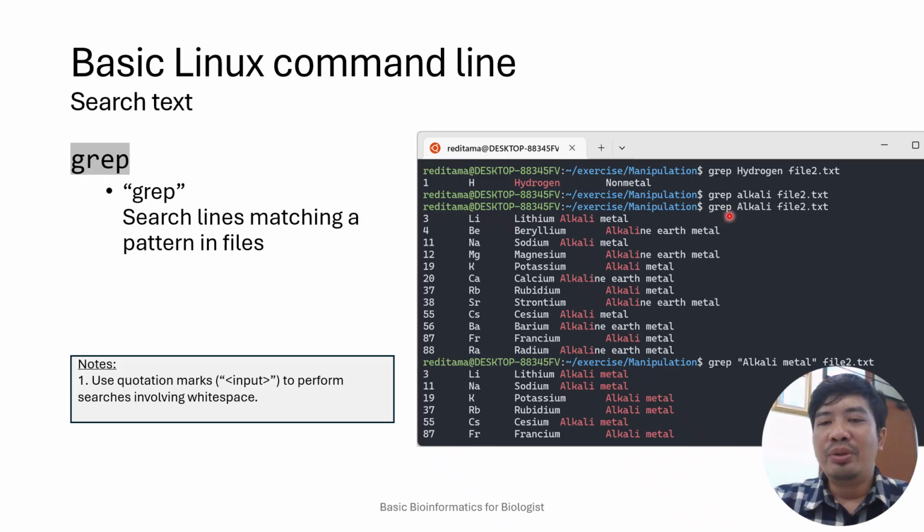So when you use the right argument, it will return something like this. Now, if you want to include white space in your search, you need to put the argument in apostrophes. Okay, so it will search the whole string, including the white space.